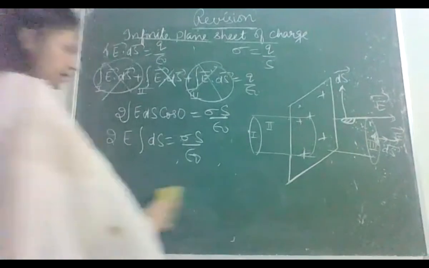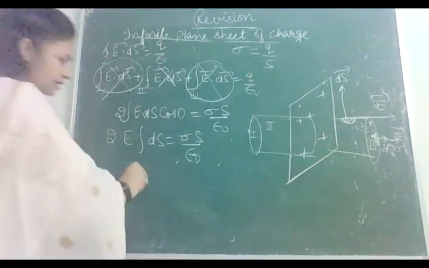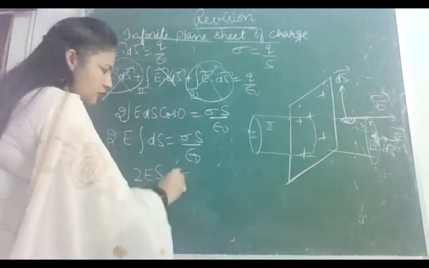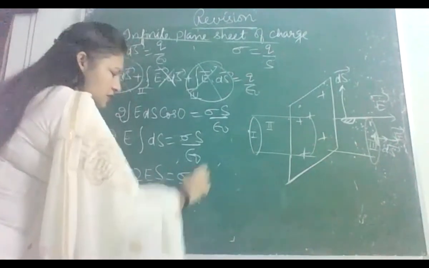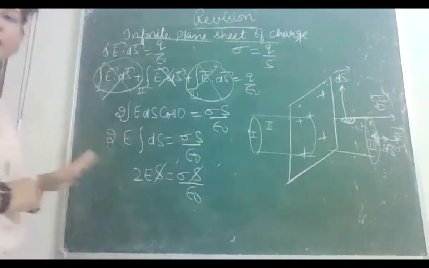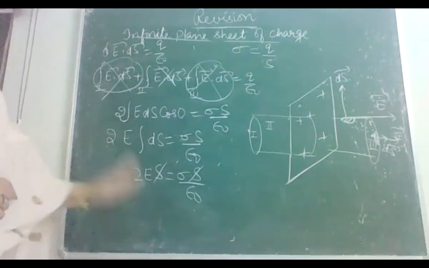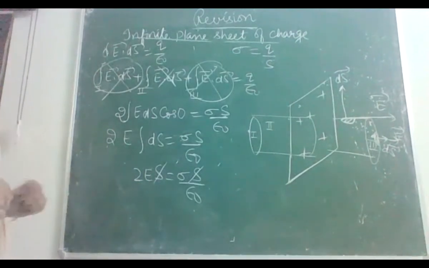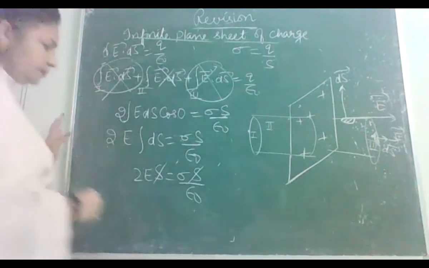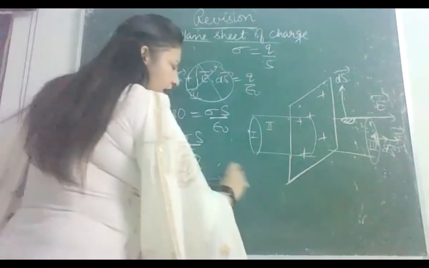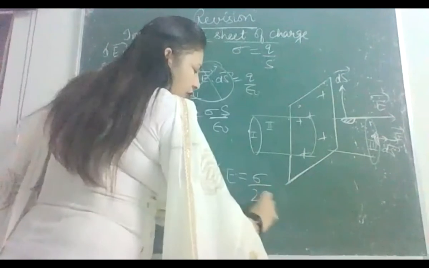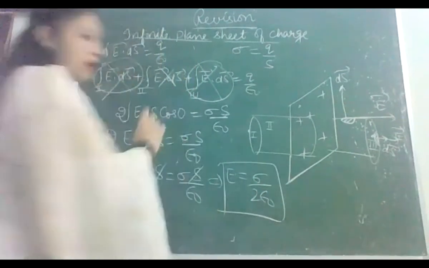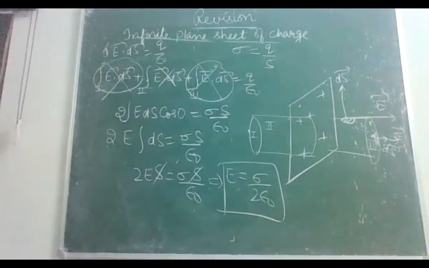And what is integral ds? So it is wise to write integral ds as S here, so that S gets cancelled on both sides. We should not put the area away here, otherwise you will not get the desired result and you will get confused, you will get stuck here. These things come from written practice. So this is the formula for electric field intensity due to a thin infinite plane sheet of charge. So learn the formula: sigma over 2 epsilon naught.